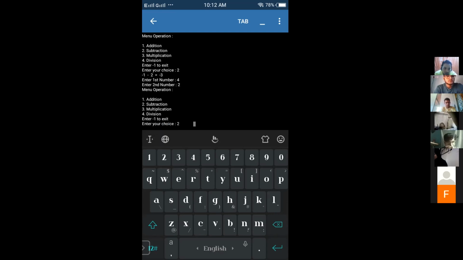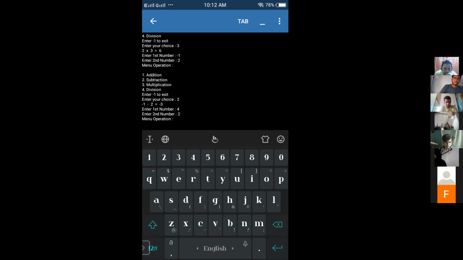Subtraction. So from where are these two values taken, -1, -2? From a new number, na sir. In here, enter first number -1. Second number is 2. What is your choice? 3. 1 minus 2. Look here. What is your choice? 3, multiplication. Go up, from the start.